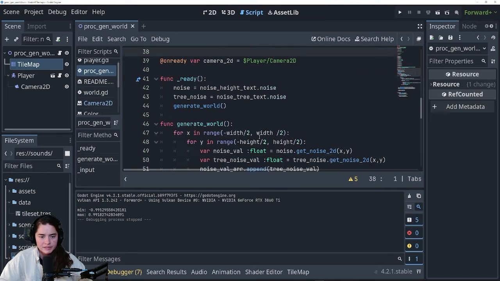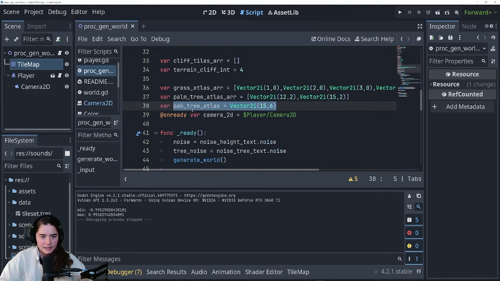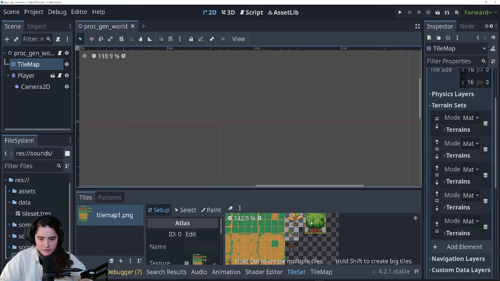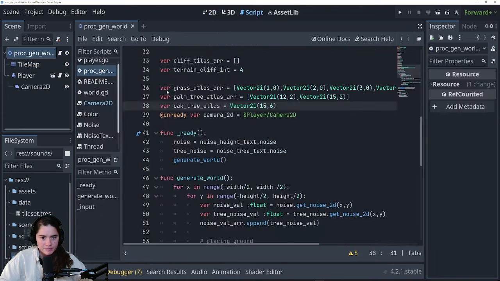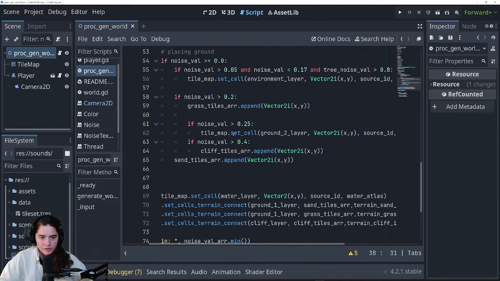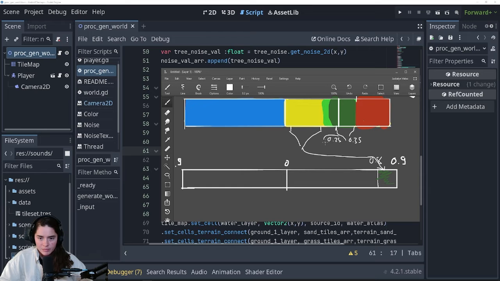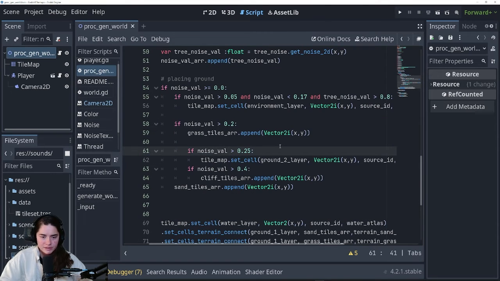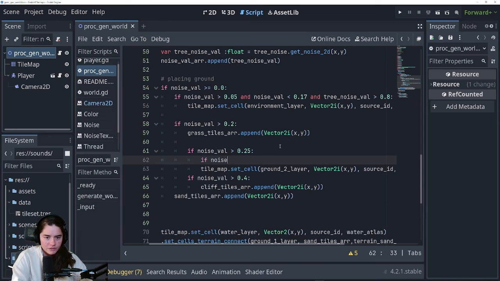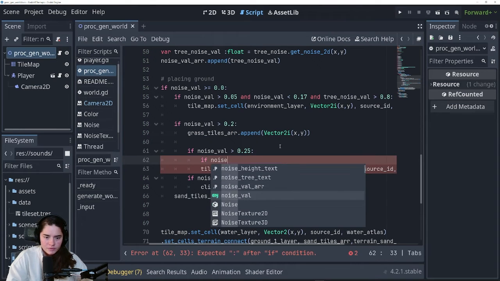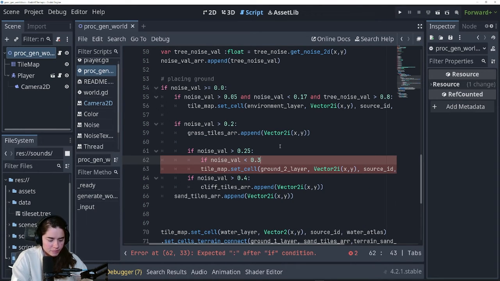Alrighty, so now we need to place some oak trees. I have the atlas coordinate here. It's 15.6. You could check here where it is. And what we're going to do is we are going to place it when it's above 2.5. We have it here. Above 2.5 and lower than 0.35. So here, once it's above 2.5, we're going to say if the noise value is less than 0.35 and the